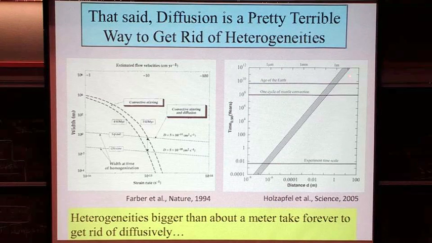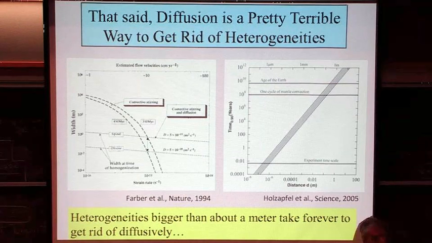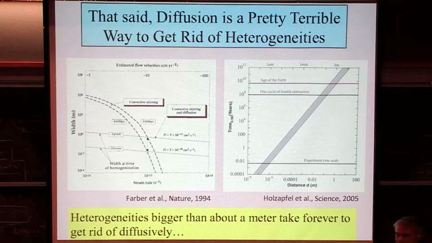And this is the length scale over which you can erase chemical heterogeneities on the 100 million year time scale, the 4.5 billion year time frame. Pick your favorite time frame for how long you want a geochemical heterogeneity to exist, and for anything less than the age of the Earth you get well less than a meter, probably of order centimeters at best. So if you want to get rid of a heterogeneity, you're going to have to rely on convection to get it tiny. That's sort of the take-home message of that.